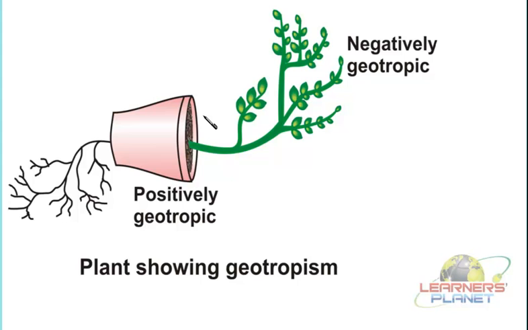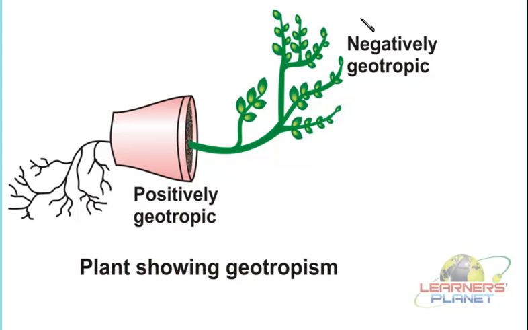And then you will tilt the position of the pot. So it is placed like this in this direction, in this particular diagram, and then when it tends to grow, what will happen? You will see that once the shoot has started growing, it is going to bend in the upward direction, whereas the roots which were growing normally initially, now tend to grow in the downward direction. Now what does it mean?